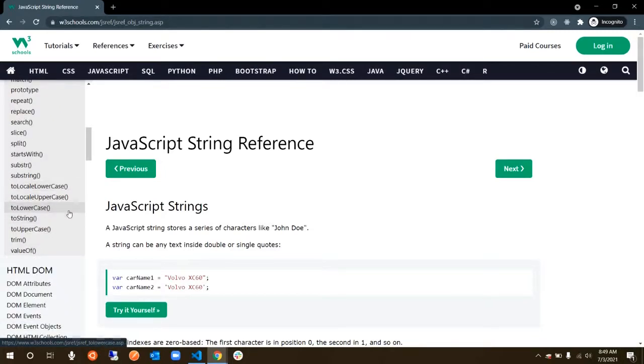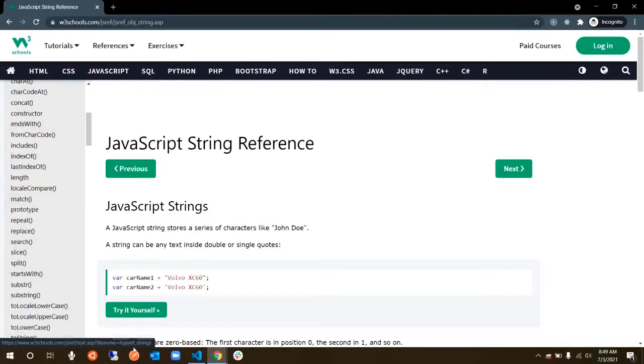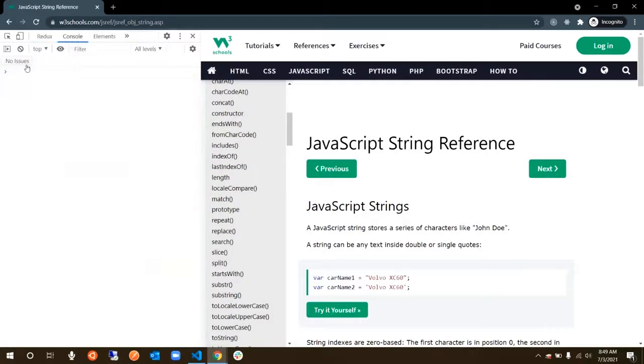For example, if you want to uppercase something, you just use something called toLowerCase or toUpperCase. If you want to convert something to string forcefully, then you do dot toString. Someone suggests parse string to convert. Yes, you can use that, but that is what you're using with JSON, right? This one is parseFloat, parseInt, that is for that. But the parse string that you're talking about is only with JSON objects. There's no function called parse string. There's only parseInt, parseFloat.